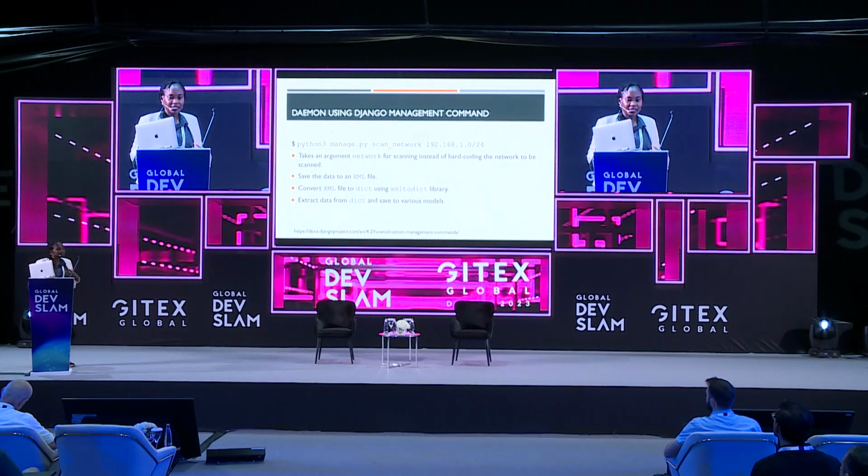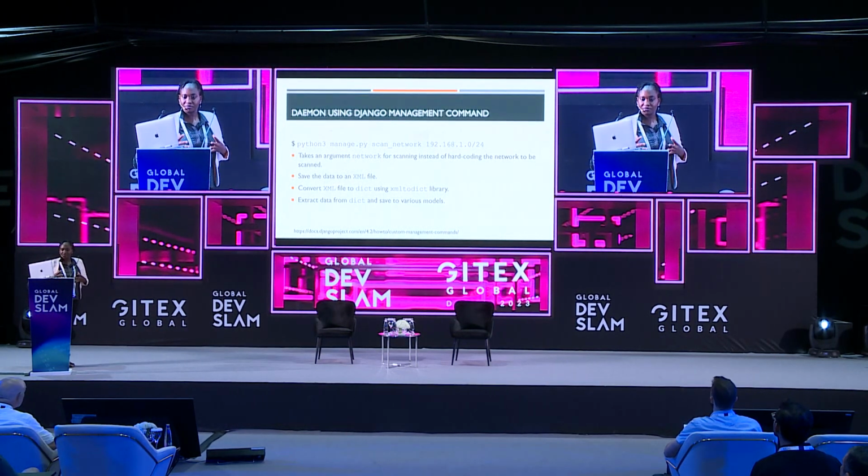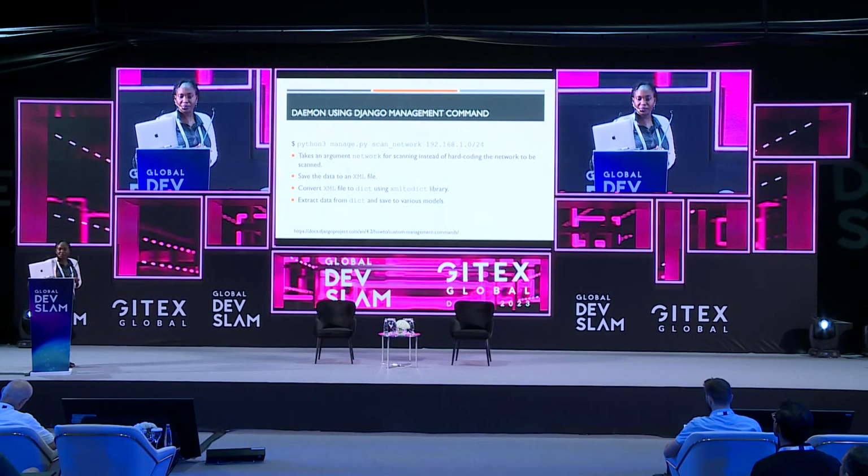For me, I'm running that command using a custom management command that I made, python3 manage.py scan network, which I'll show you later. Since I needed to be able to test it when I don't have my usual private IP address, I made sure that the command takes in an argument, which is the network that you are going to scan. So it's not hard-coded. If you are not using 192.168.1.0/24 like my home network,